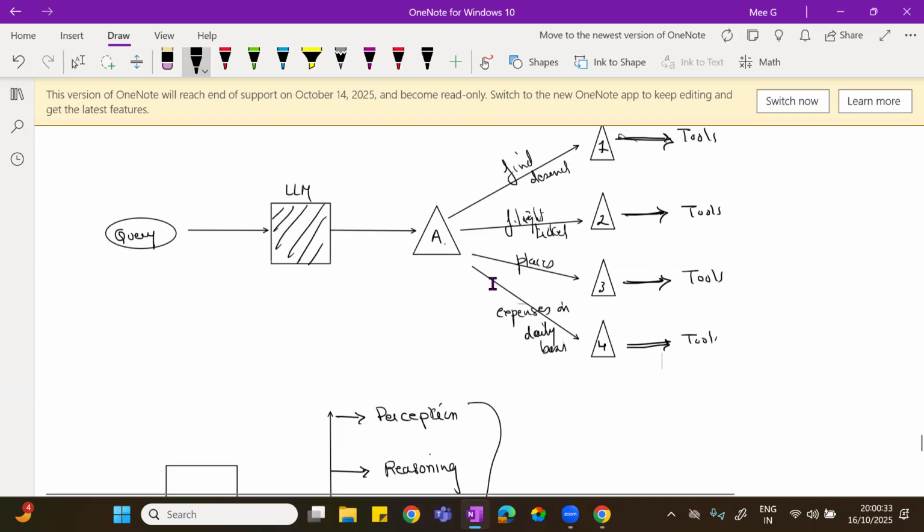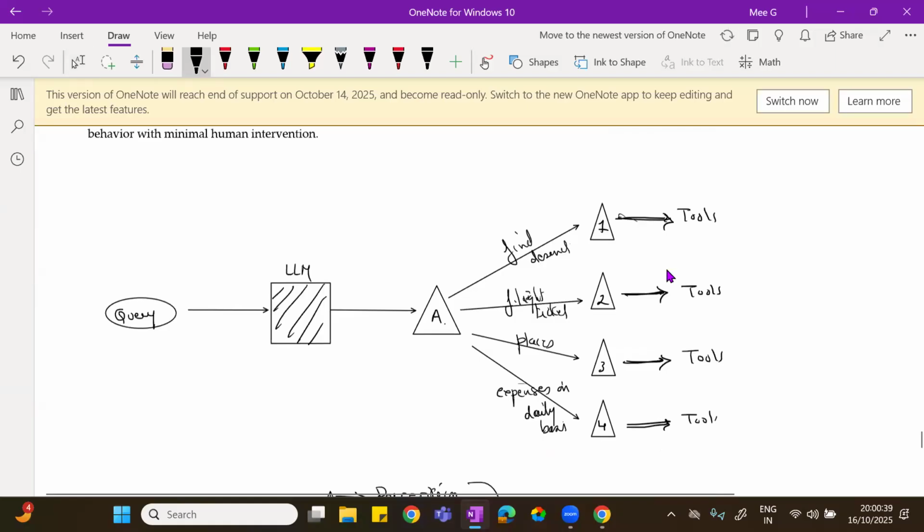Okay. Now, when we pass it on, this is an autonomous agent. Even they are autonomous agents. Each agent will perform the 4 steps. What are the 4 steps? Perception, reasoning, action and learning. Here also, each agent will perform 4 steps, like this. And if you give a task, it will take care of everything. Agentic AI will take care of everything.